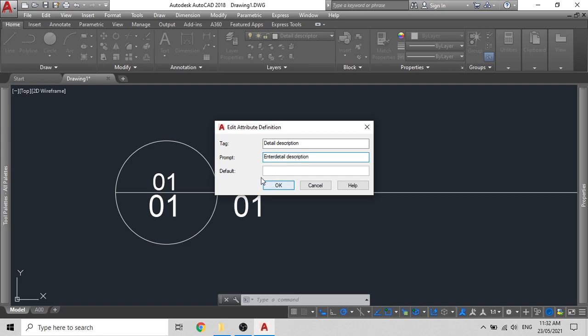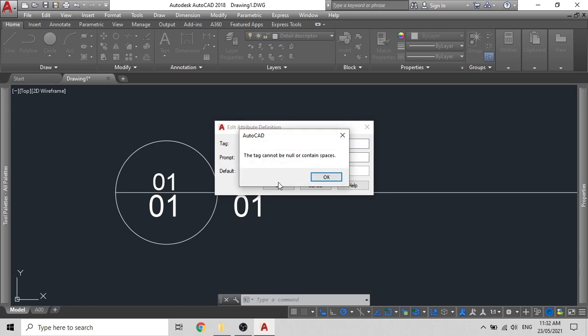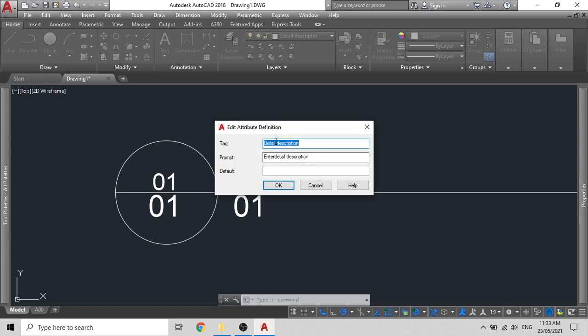Now enter detail description without any spaces. If you have space, it will give you this error. So just remove the spaces and click on OK.